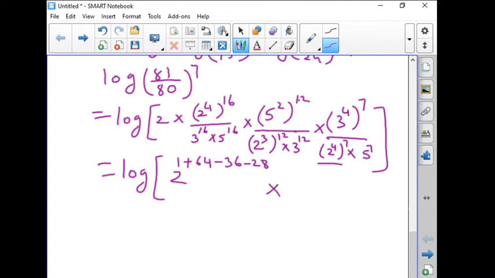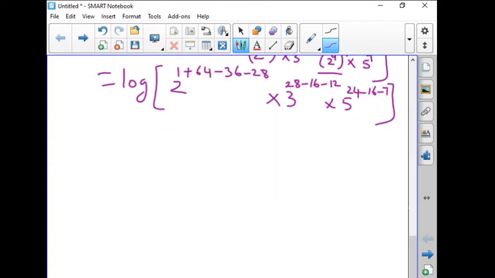Okay. Then into, we will see the powers of 3. 3 power 28, 4 sevens are 28. Then denominator we are having 3 power 12, 3 power 16 first. So, minus 16 when you bring to the numerator. Then 3 power 12 you bring to the numerator. So, minus 12. Then 5 power 2 12s are 24. Then minus 16. Then we have minus 7.